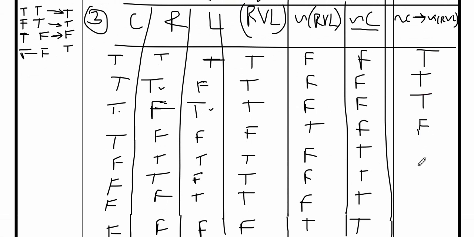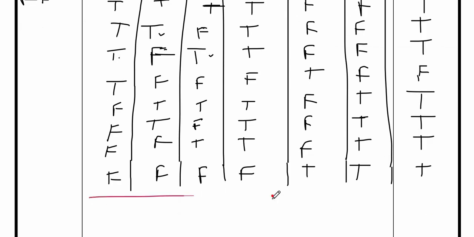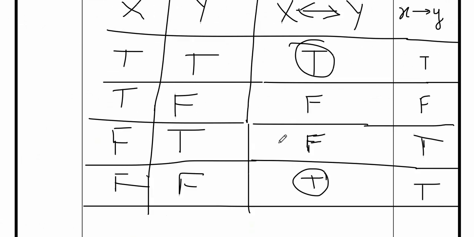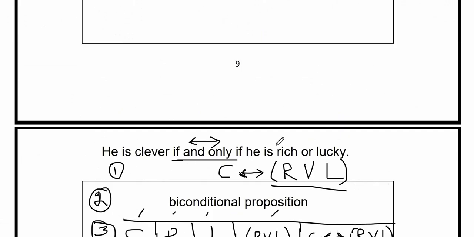False, true, true. If the premise is false but the conclusion is true, then it will be true. True, true. And if both are true, of course, it will be true. So this completes our entire set of different combinations and permutations of determining, symbolizing, and creating truth tables for different